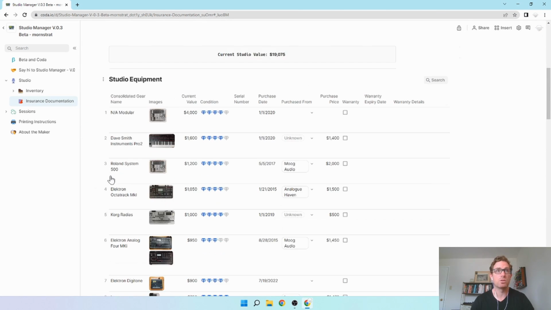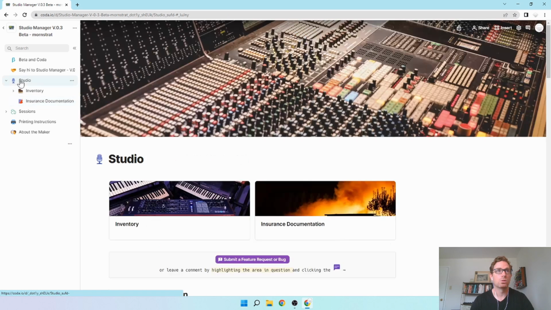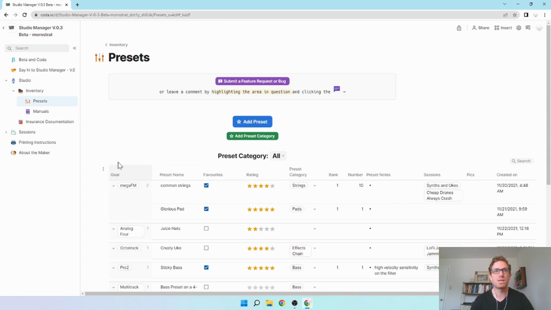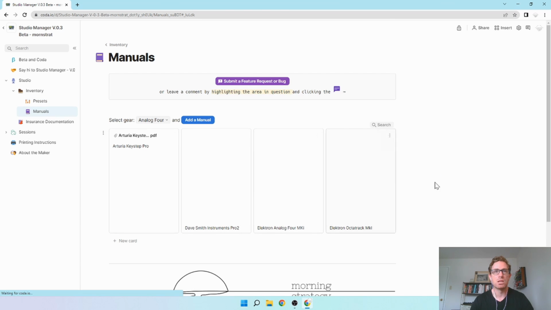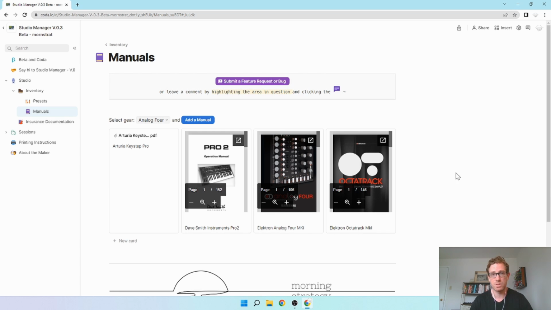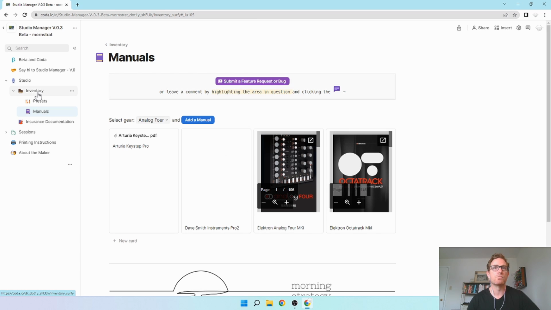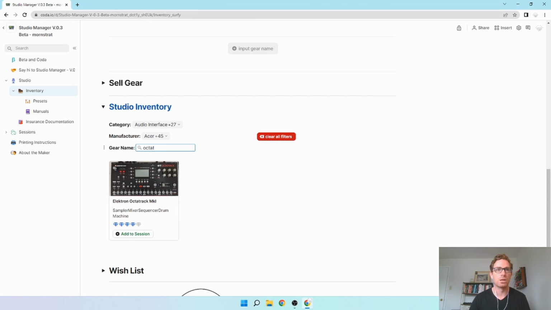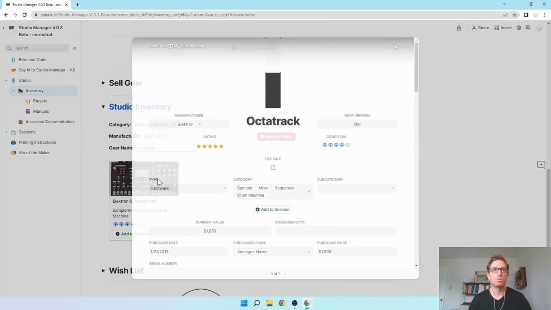And that's essentially it. So you built your studio, your inventory is all there, and yeah, so you can add presets. With this feature, add a preset, you can add a preset category. I'm not going to go through that. And then on this page, you can see your manuals. If you want to, for some reason, go to this instead of going to your actual piece of gear, where if you go to your inventory and you say, oh, I really need to find the Octatrack manual because I'm curious, and you pull it up, you click on it,